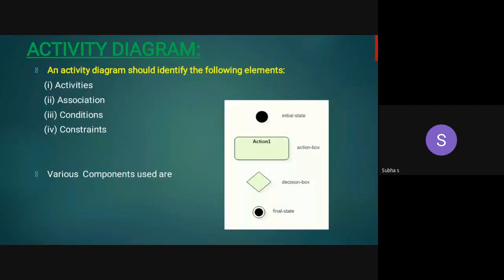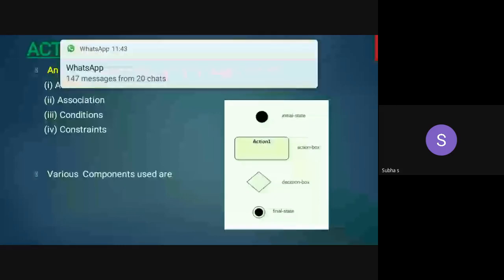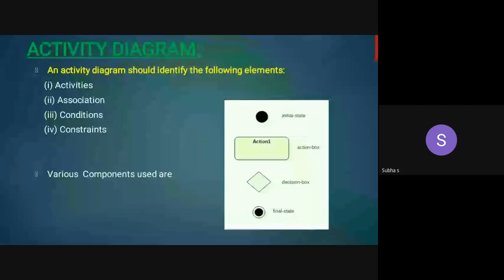But we come to the components, the four symbols. I told you that parallel execution has to be done. For branching, I can say it is a condition. You are already familiar with the flow chart. That is a diamond representation only. That is what we have to put up in the PPT. So these are the elements and symbols that can be referred to in the activity diagram. Based on this, you can easily draw.